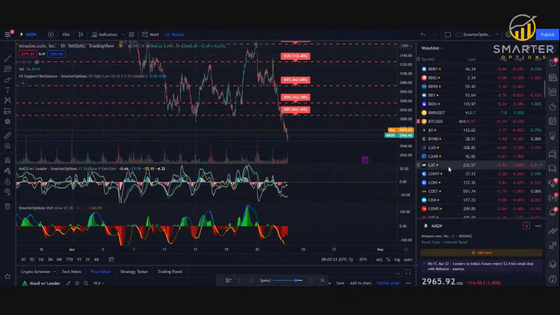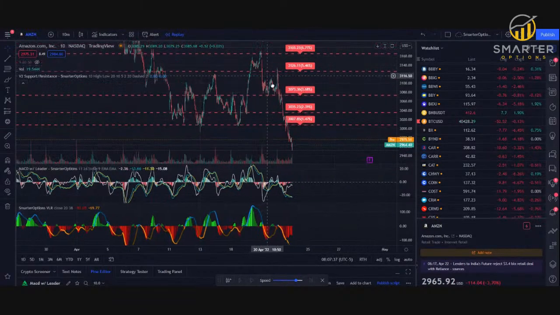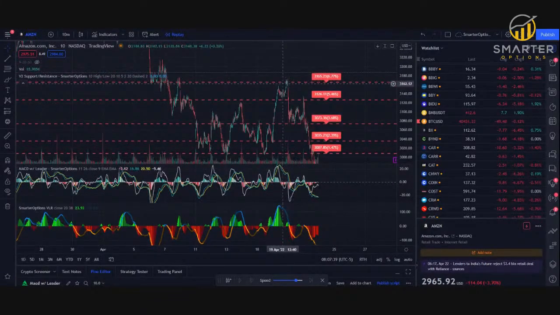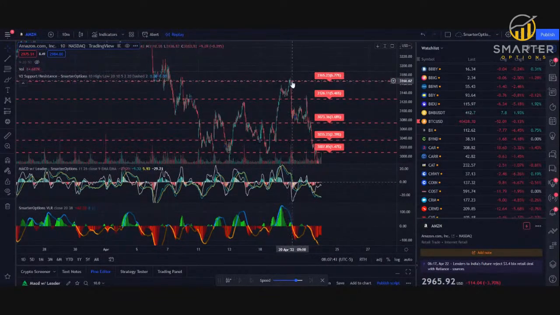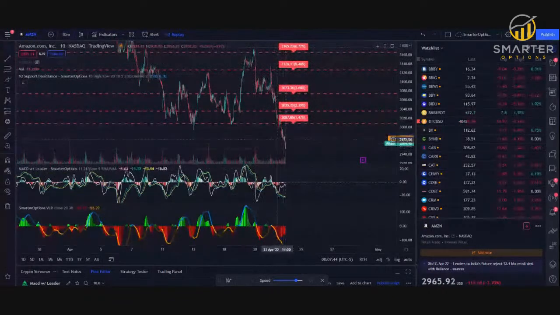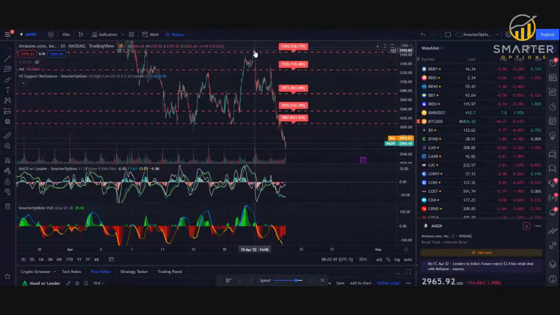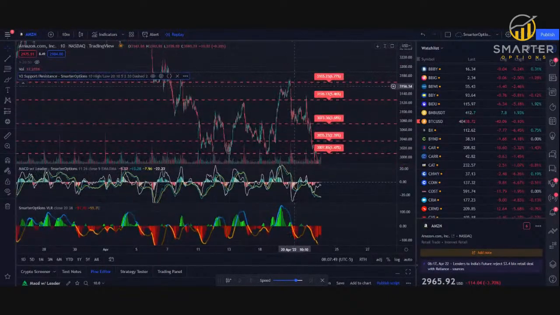Go back. It looks easy when you look at one or two, right? But in the moment, it gets tough. What you really need to do is just look at as many charts as you can and just keep looking. Try and look at something and predict what it's going to do. Just start practicing. Just say, okay, I looked at this, I think Amazon's going to fail hard this week. And sure enough, you would have nailed it. Now, if you would have thought this was going to break out, if you're just kind of learning, you could have said, I think this is going to break upward. You would have been wrong, but you could have